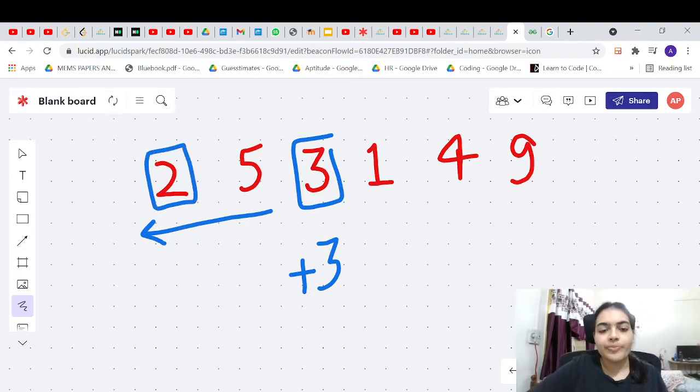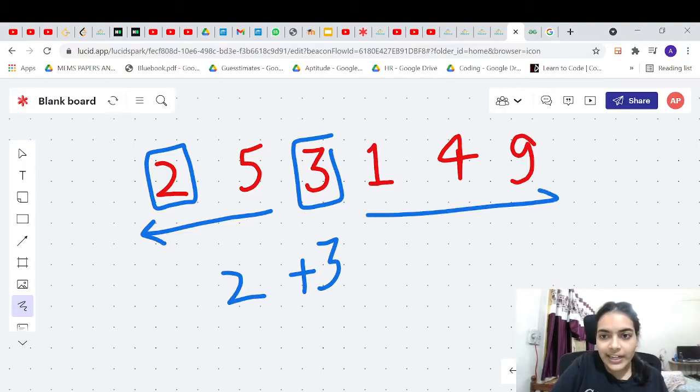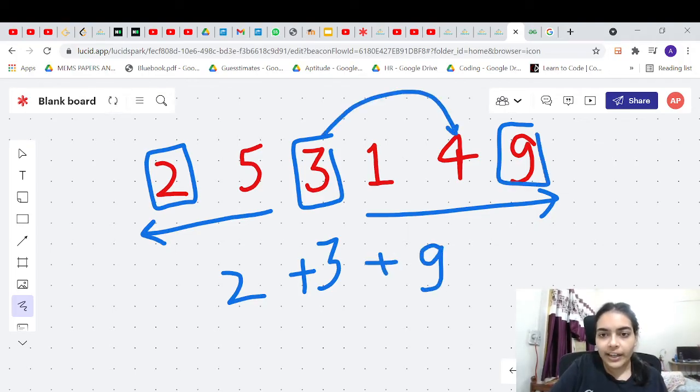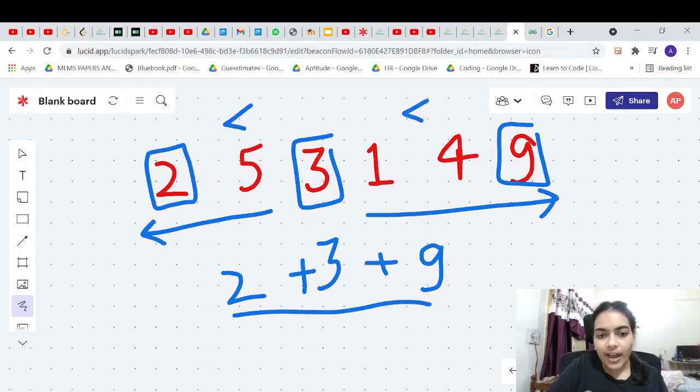So you can take 2. If you are taking 3, you have to take a number less than 3. So on the left side, the best that you can find is 2. On the right side, the best you can find is 9. On the right side, you can try taking 4 also, but that is not the best. The best is 9. So 2 is less than 3 and 3 is less than 9, and the answer that you have is 2 plus 3 is 5, 5 plus 9 is 14.